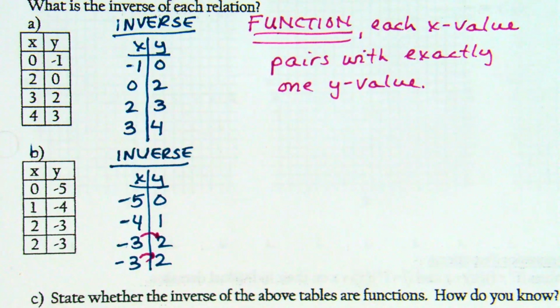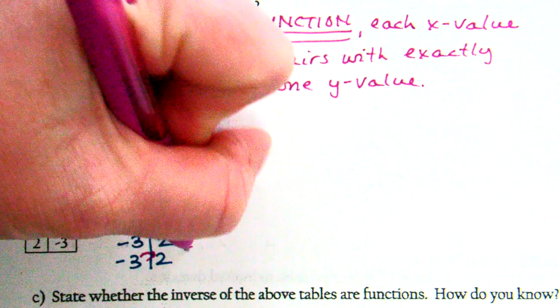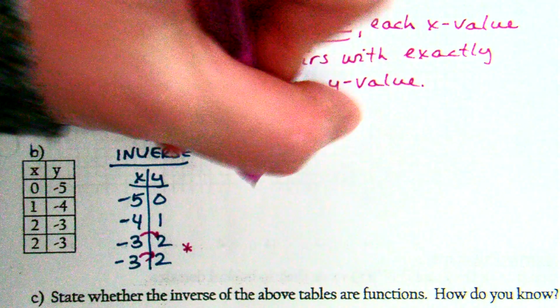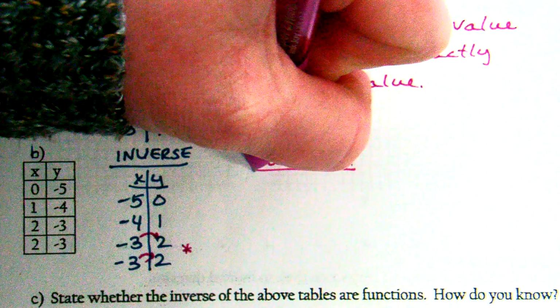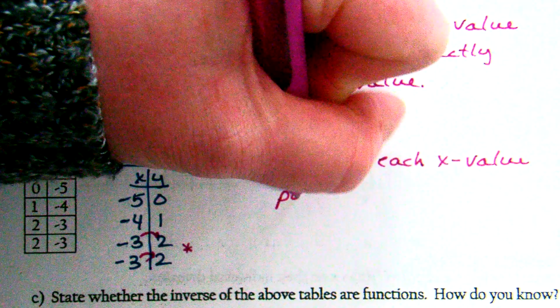Okay. So this is the catch. I'll show you the alternative here in a moment. But this is the catch in that this one is still a function. I know that it looks like it shouldn't be because the -3 repeated, but the -3 repeated and the 2 repeated. So sure, you can call this a trick question if you want. But so this one is also a function for the same reason as above, in that each x value